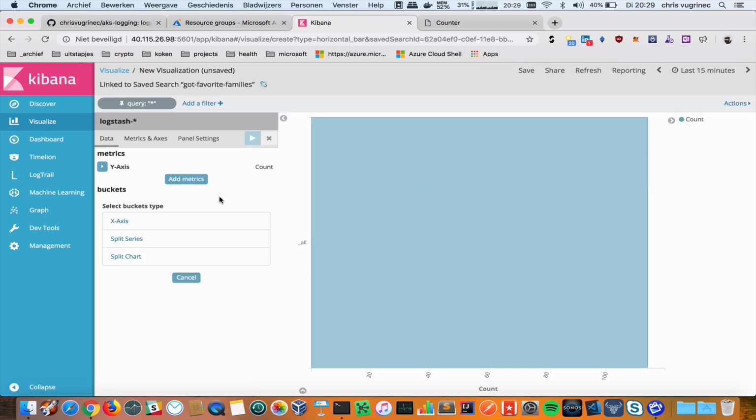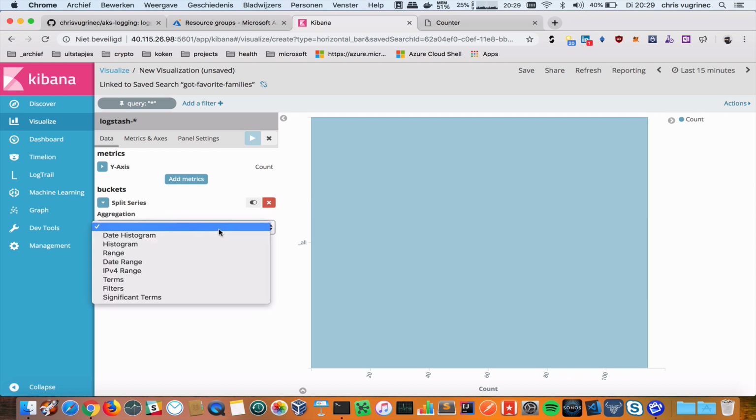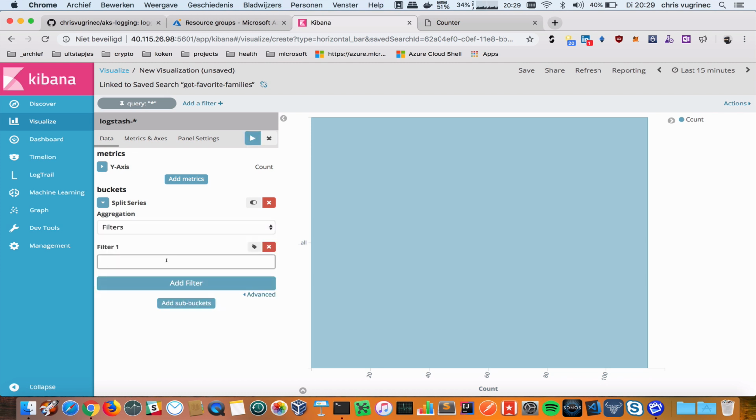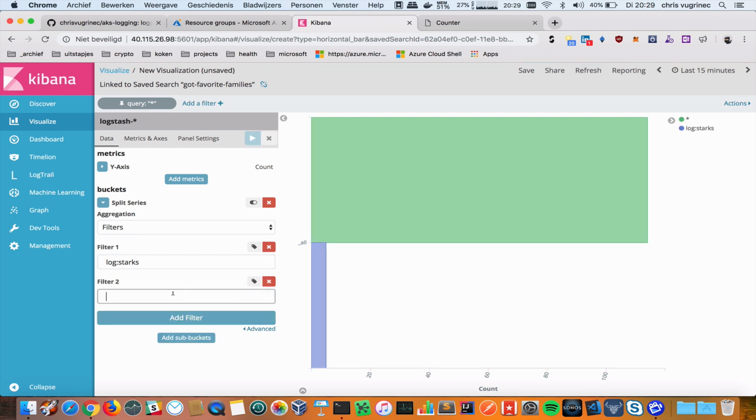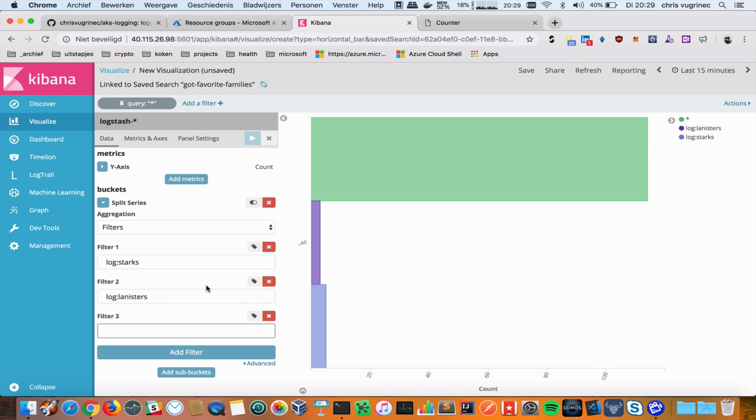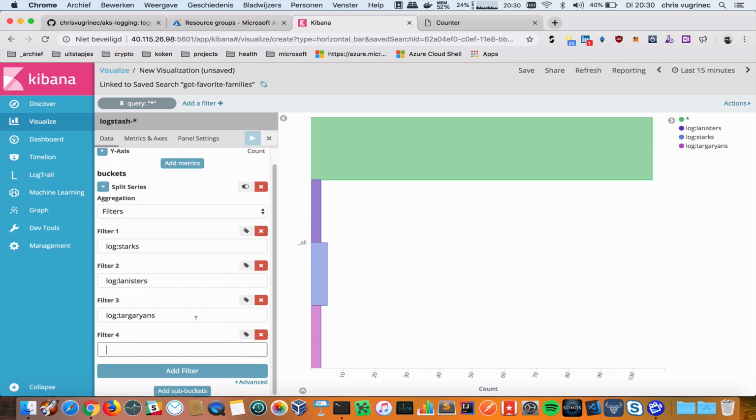I'm going to do the same query again, but then instead of split chart I will use split series, and here again I will use filters. Here I will say log Starks, add filter, then I like to have a log on the Lannisters, then a log on Targaryens, add a filter, and I would like to have a log on Baratheons,